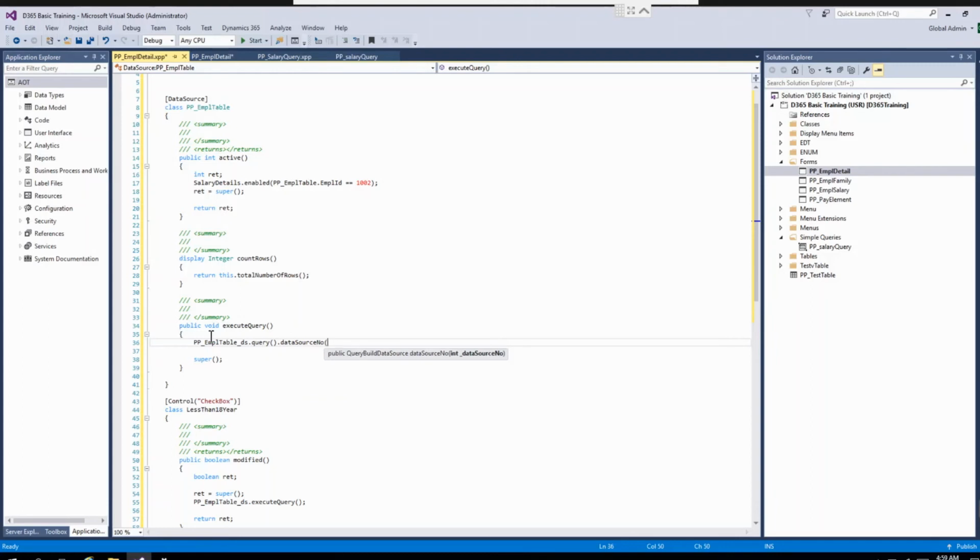For in our case right now there is only one data source in this form, so I just want to clear the ranges.